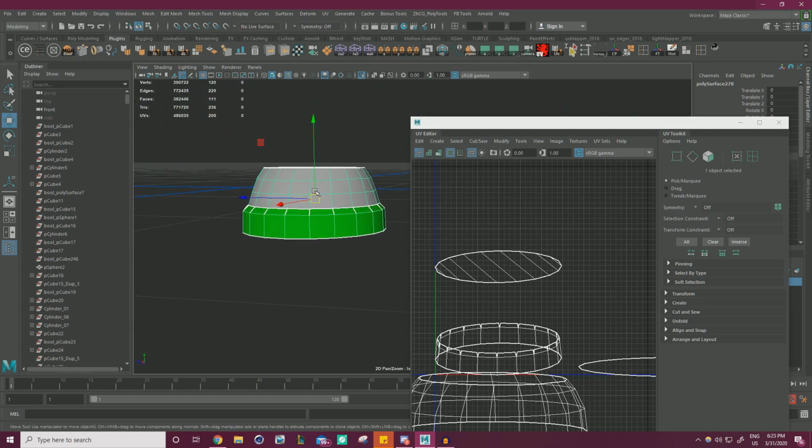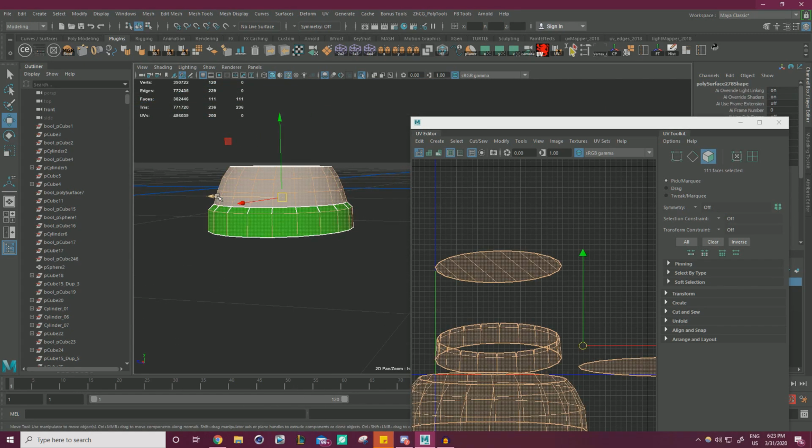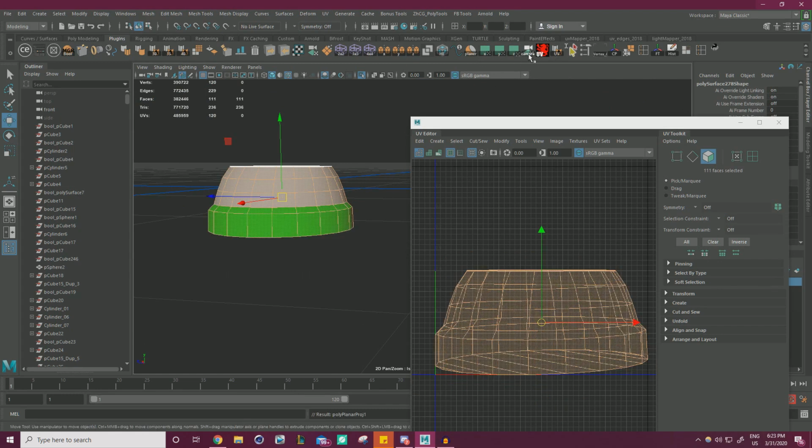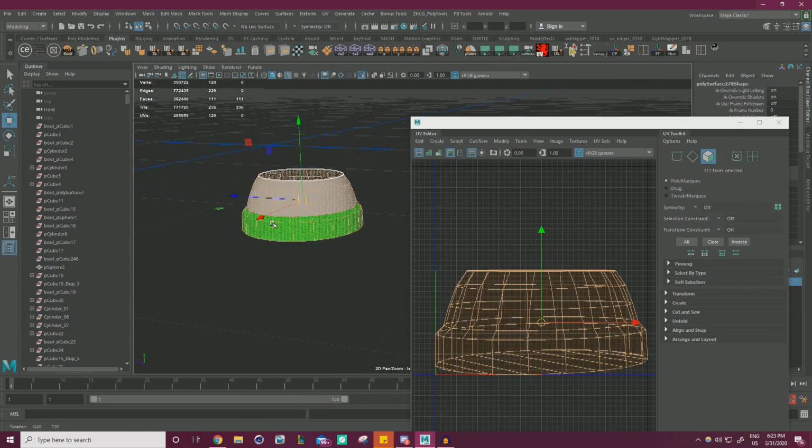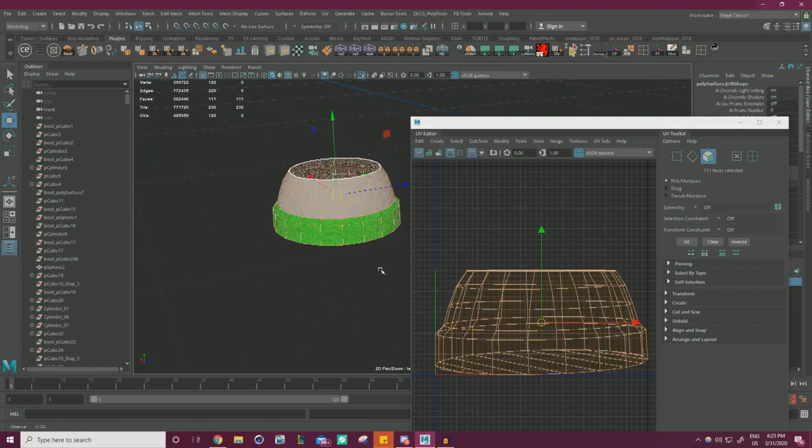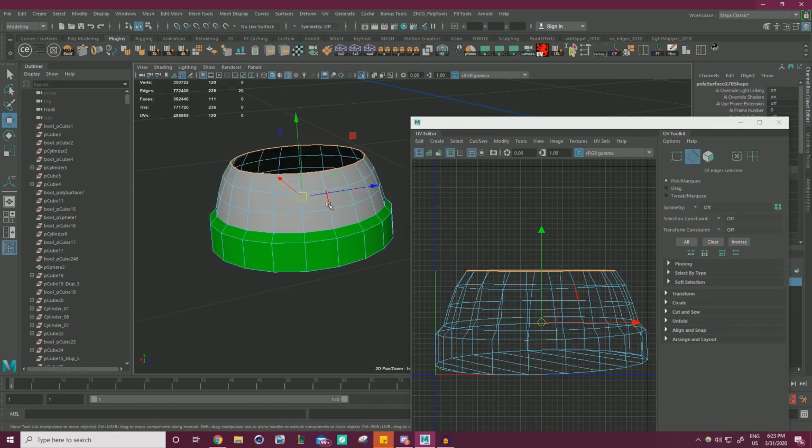So this one's a pretty easy example. I'm going to take this, project it by camera. We're going to need a seam somewhere. So let's go ahead and add